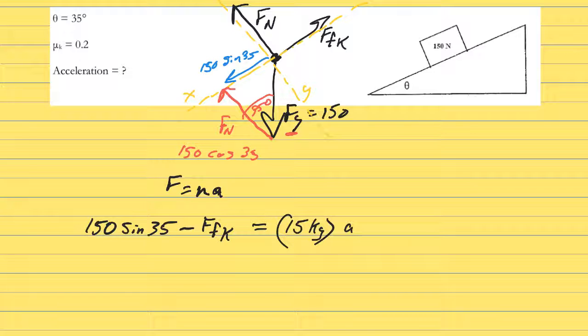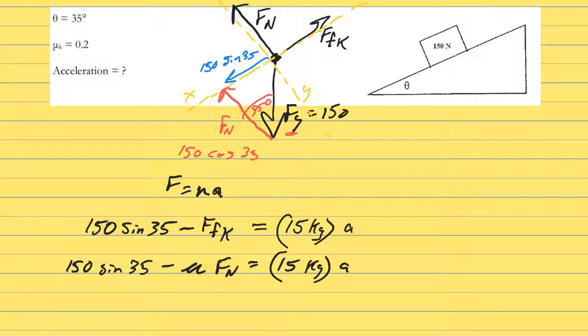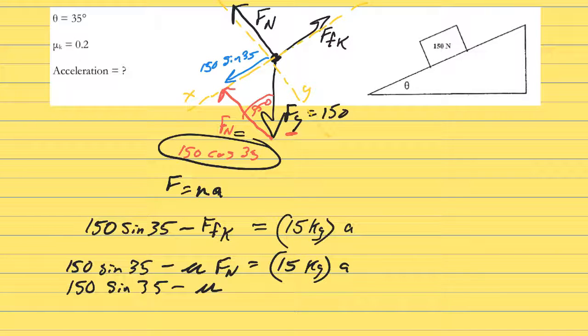So here's where you've got to pay attention. I'm going to go 150, this may be more steps than I need here, but hopefully you'll see what I'm doing, minus the force of friction, which is defined as mu times force normal. Our force normal is not equal to the weight because we're on some goofy angled ramp, and that's when it gets goofy. So 150 times the sine of 35 minus this mu multiplied by the force normal. I know my force normal now is 150 times the cosine of 35 degrees, and that equals my 15 kilograms